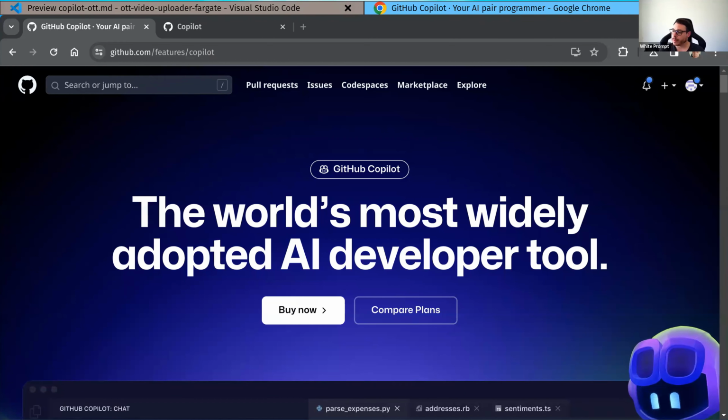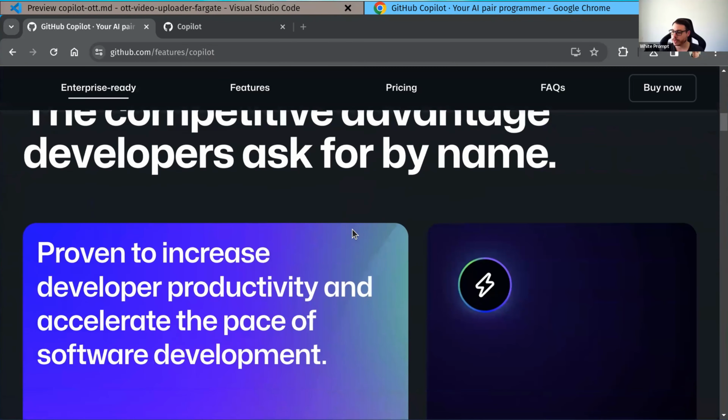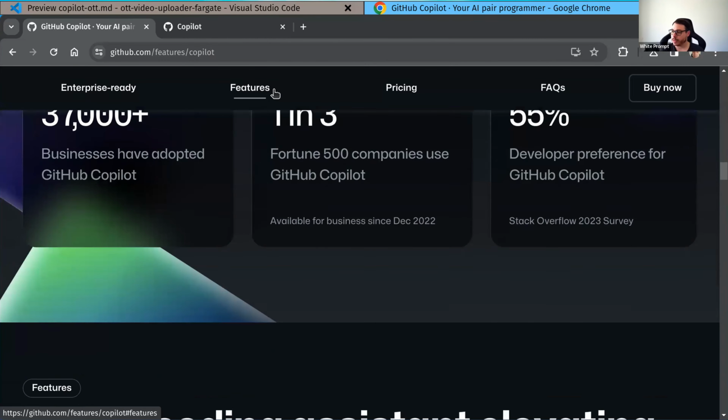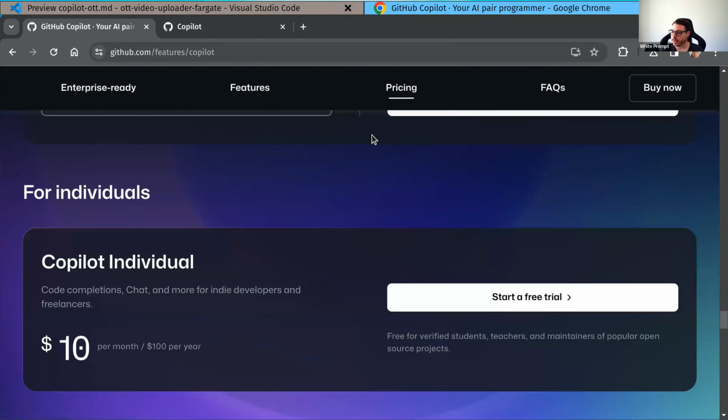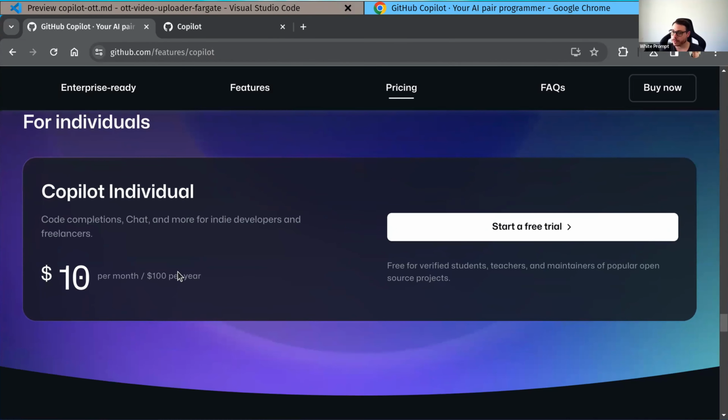So today I will be talking about GitHub Copilot. It's a great tool that GitHub has put together during recent years. It's still in preview in some aspects, but it's really powerful with today's features. And this is the homepage for GitHub Copilot. You will see a bunch of features described here, and you can see the actual pricing of the tool. The tool price is $10 per month for individuals, and if you are on a business, it costs $20 for